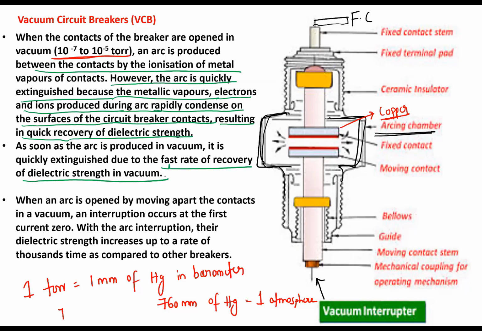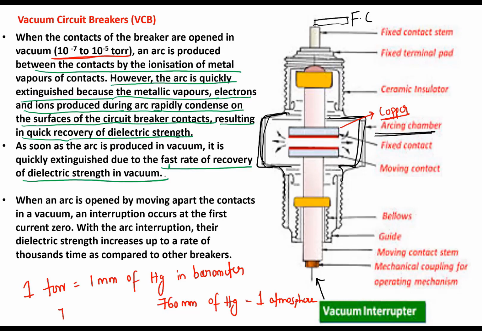So if someone asks you why the arc is formed: because the copper contacts melt, metal vapor is formed, and in this metal vapor the arc sustains in a vacuum circuit breaker. But immediately, once the fixed and moving contact get separated, the vacuum again regains its dielectric strength. So this metallic vapor condenses, and after condensing, it gets attached to one of the metal contacts. Okay.